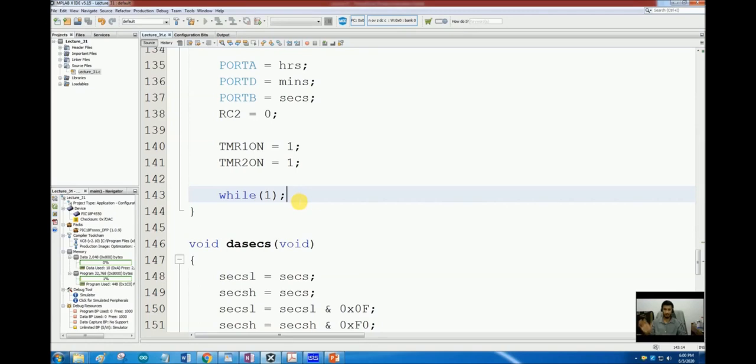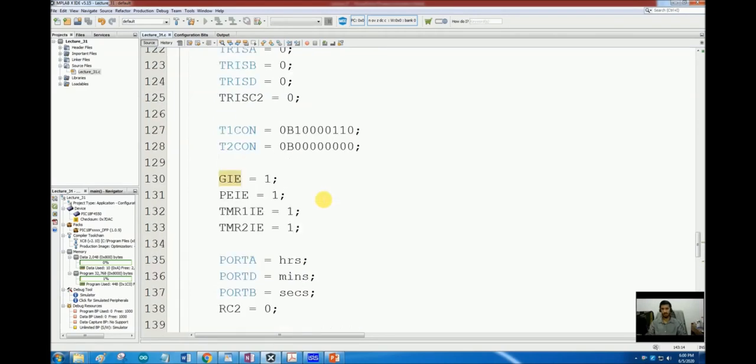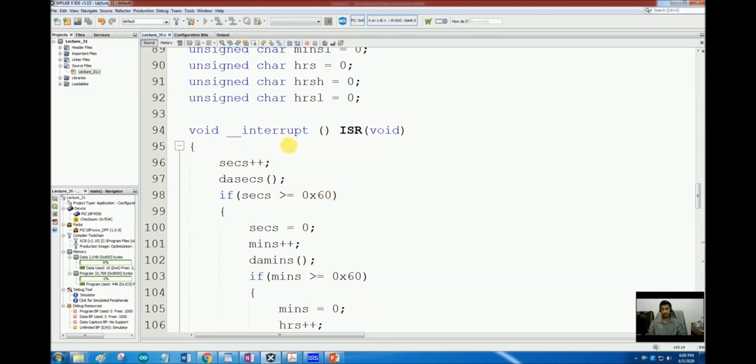But for now we are doing two tasks in parallel, but both of them are handled by the interrupt service routine and timers and the peripherals that are working in the background. So it's okay. The decimal adjust subroutines do not need to be changed. All we need to do is to change the ISR. So in the interrupt service routine, now what is our priority?